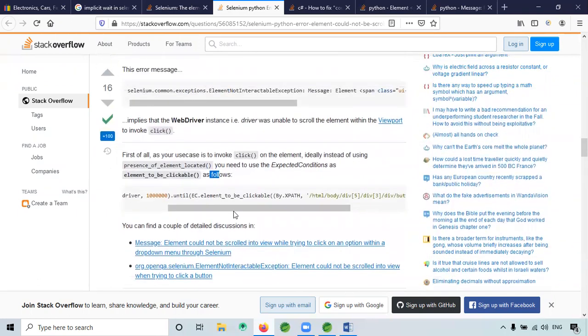Is this for implicit or explicit? Explicit only, right?